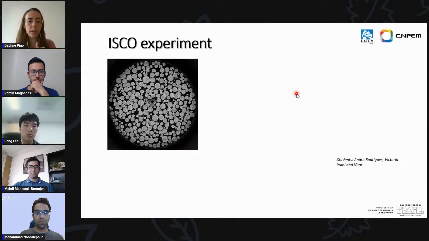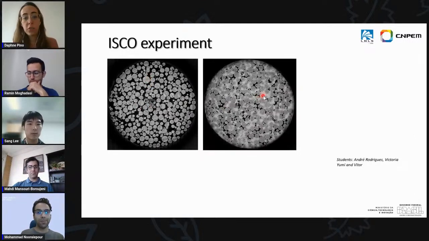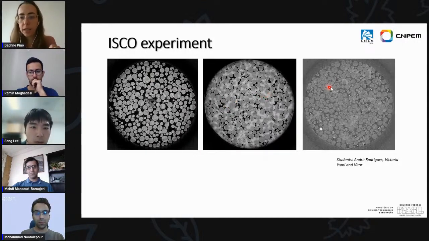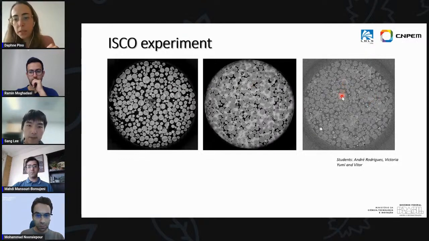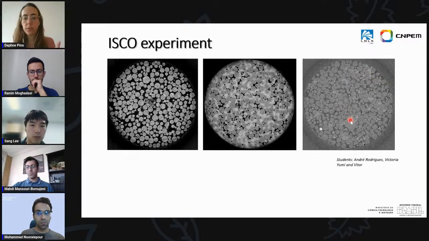The other experiment that I want to show you very fast is for an in-situ chemical oxidation experiment. So here we have again the grains and the water, and here we actually injected the TCE, the contaminant. Sorry for these two, they are filtered, but this one is not yet. After that, we injected permanganate, an oxidant reagent. So we can see that there is a lot less solvent here.